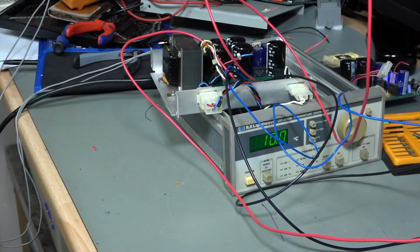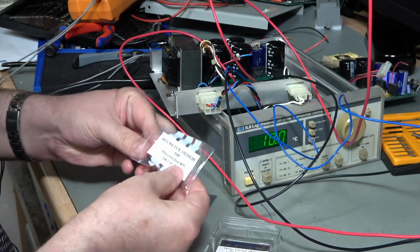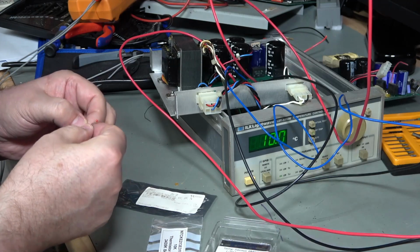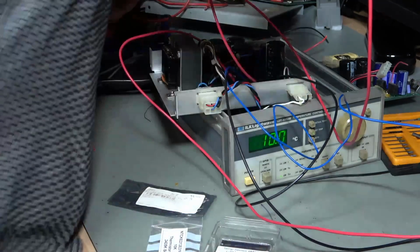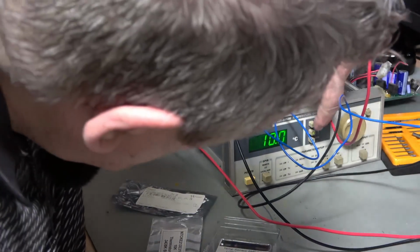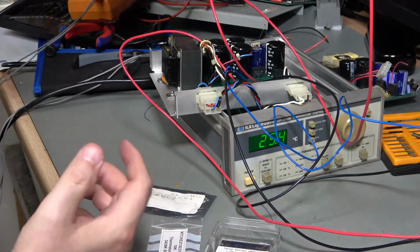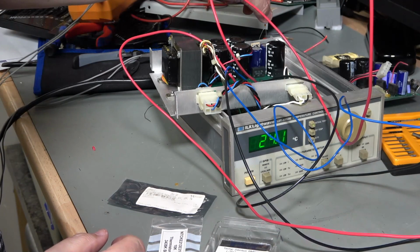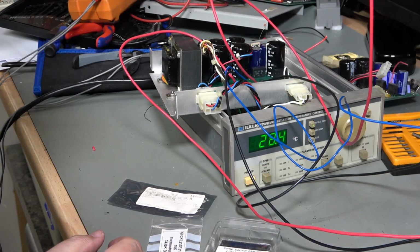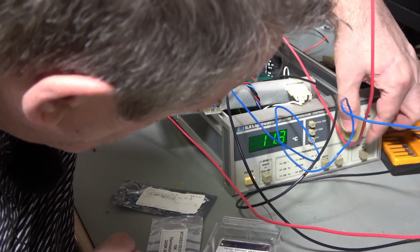Let's see if I've got a thermistor. Okay, so I found a few thermistors in my drawer. This is an NTC 10K resistor, and I'm just going to attach that to the back and see what happens. Okay, so I've attached the thermistor, and there we go. Here's an actual temperature reading. Of course, I've just had that thermistor in my fingers, so it's cooling off. Let's warm it up a bit. There it is. Perfect. So it's definitely measuring temperature on that thermistor with no problem at all. So if we set our temperature,